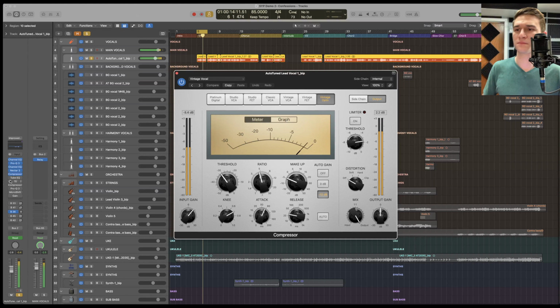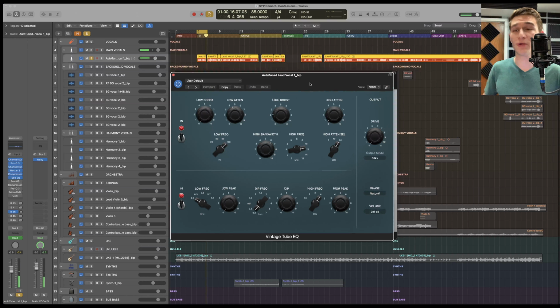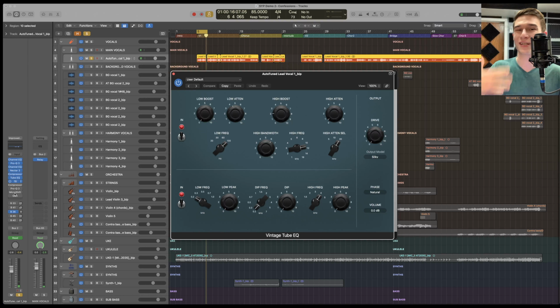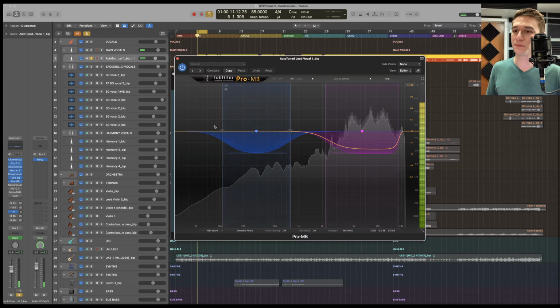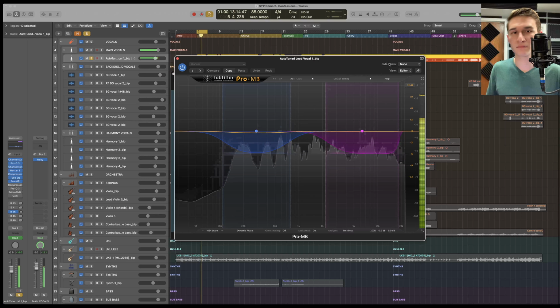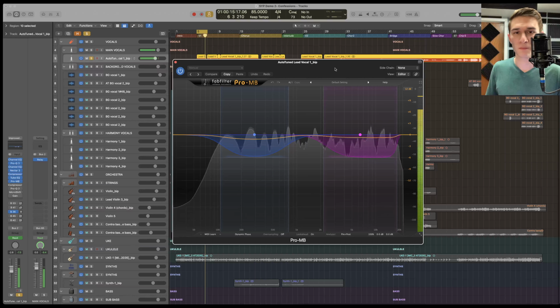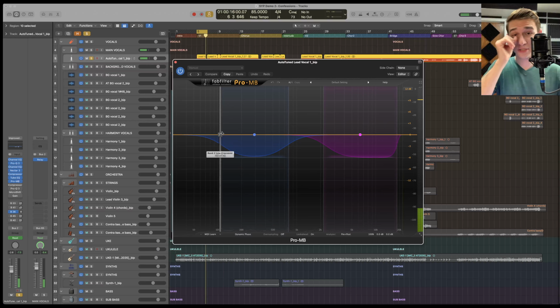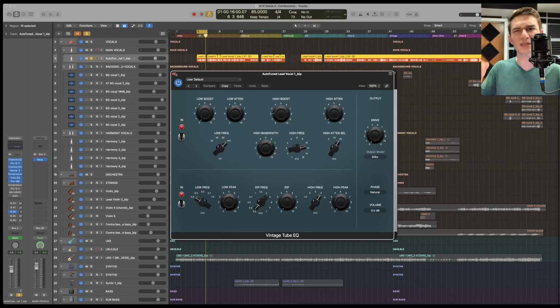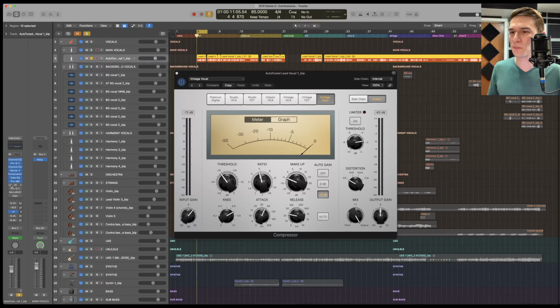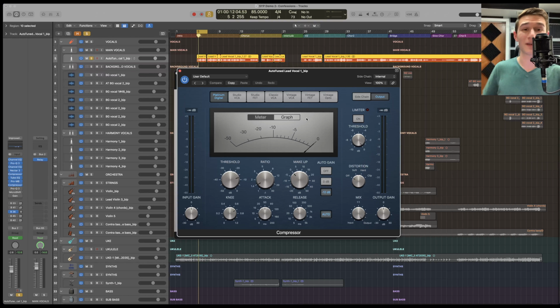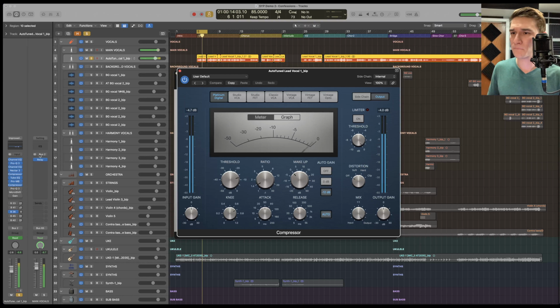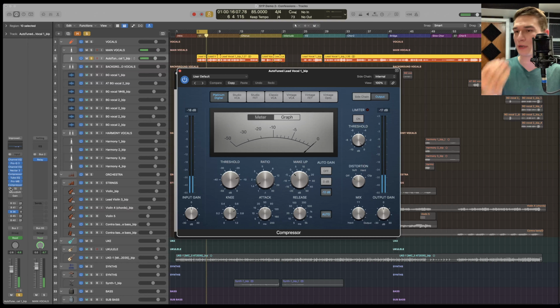"Somewhere out there." Then I added a Pultec emulation to bring back some of that brightness, clean up, and brighten the vocal a bit. "Somewhere out there." Added a multiband compressor to again smooth things out a little more, this time in specific frequency ranges. And then I added a finishing compressor to just smooth things out, finish it, take it the rest of the way. You can really hear that one helps bring it forward and find its place